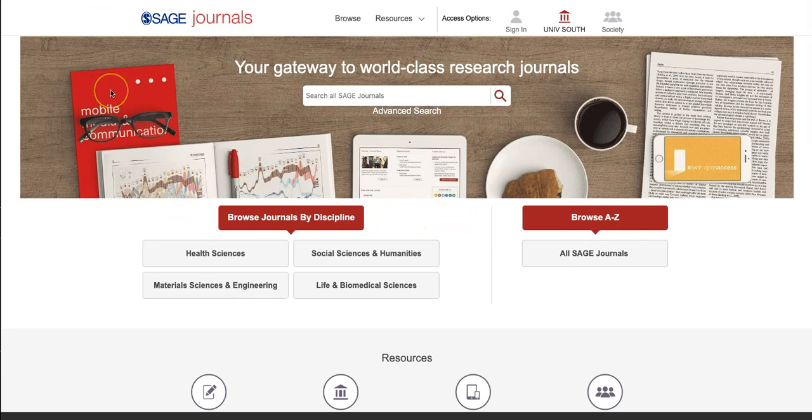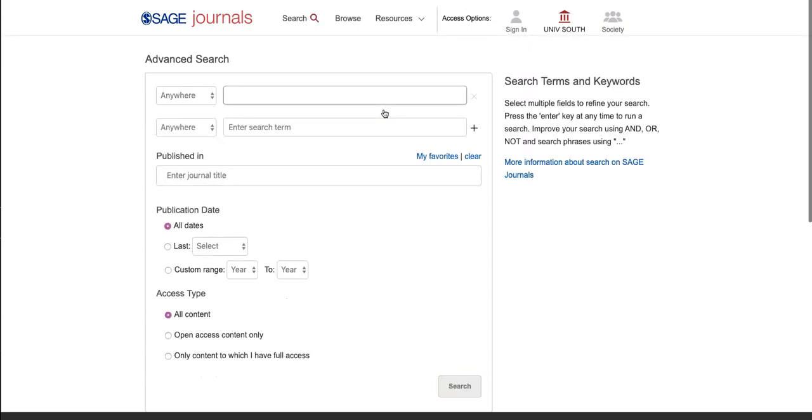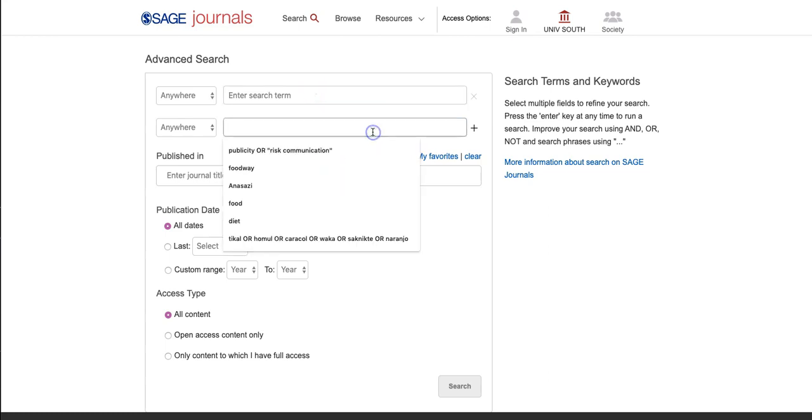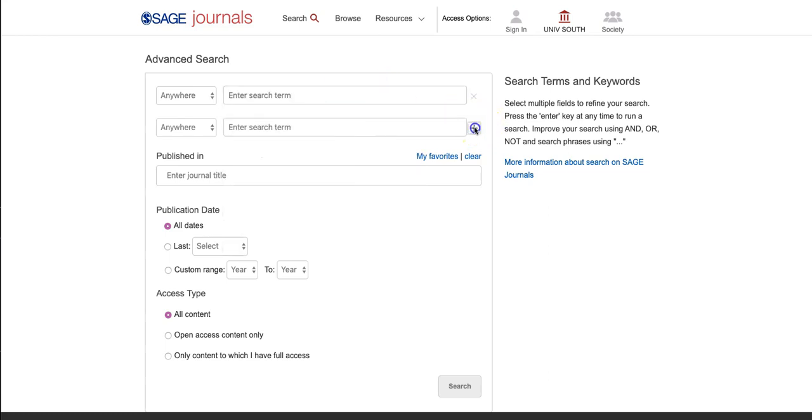When you're on the search page, you'll see a box right here, and you could start your search right away. But remember, we want to have separate boxes for separate ideas. So I'm going to click on Advanced. There are other ways to search Sage, especially if you know a particular journal you want to investigate. But if you're just looking for a topic, you want to start here. Let's choose Advanced Search so we get those multiple boxes. This way, you can use one box for each search term and keep your idea separated. Extra boxes can be added if necessary.